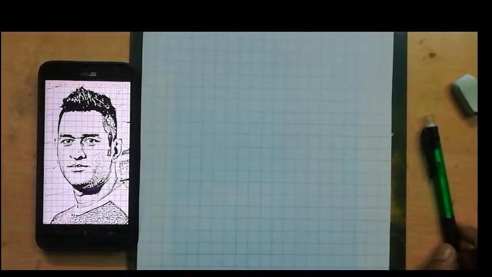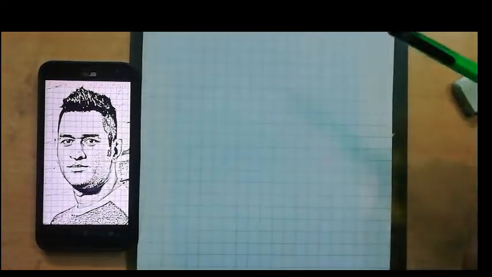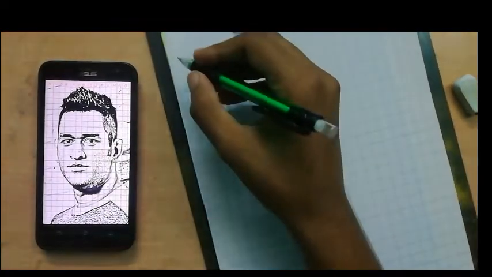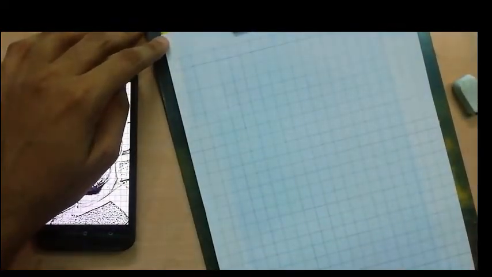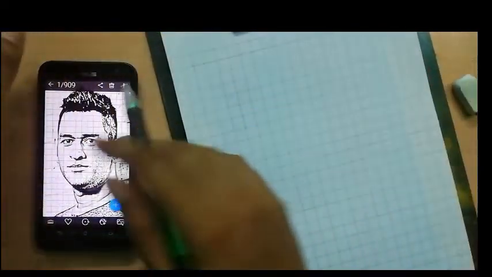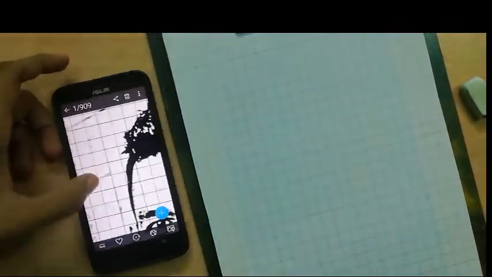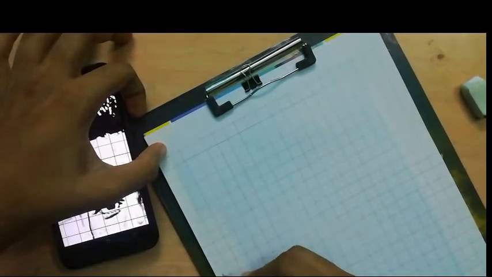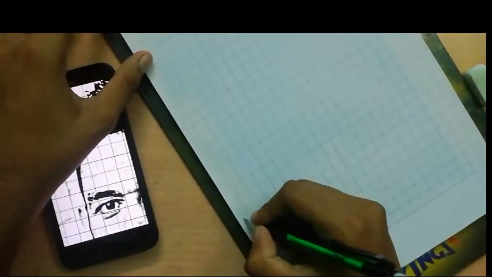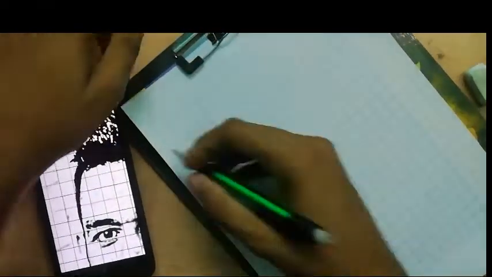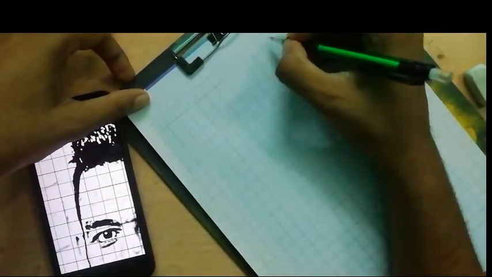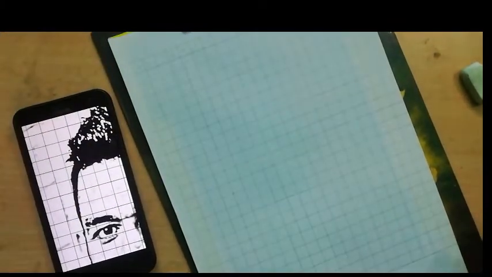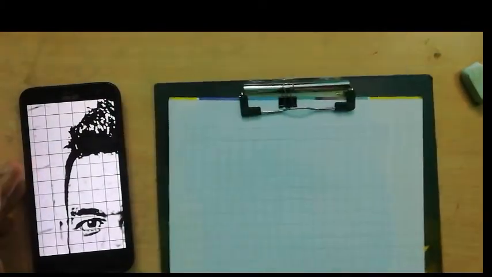So now guys, we have to number the grid on the A4 sheet as per the drawing. So let's number it as fast as we can. So on this side I'm putting 24, and here I'm putting A, B, C, D. So we have numbered the grid, and so now what we have to do is we have to start the